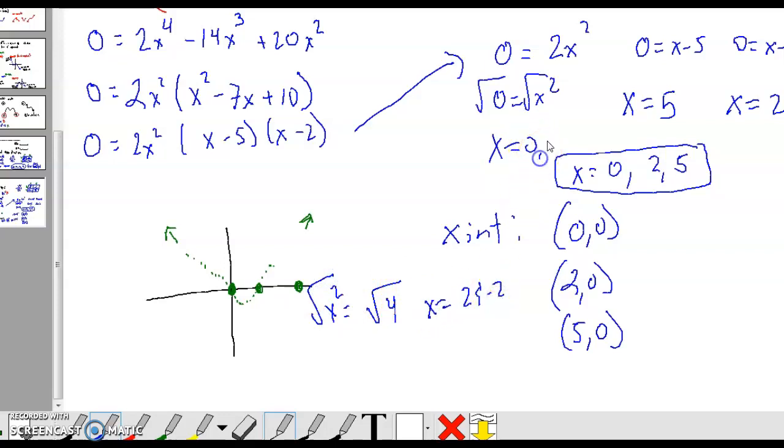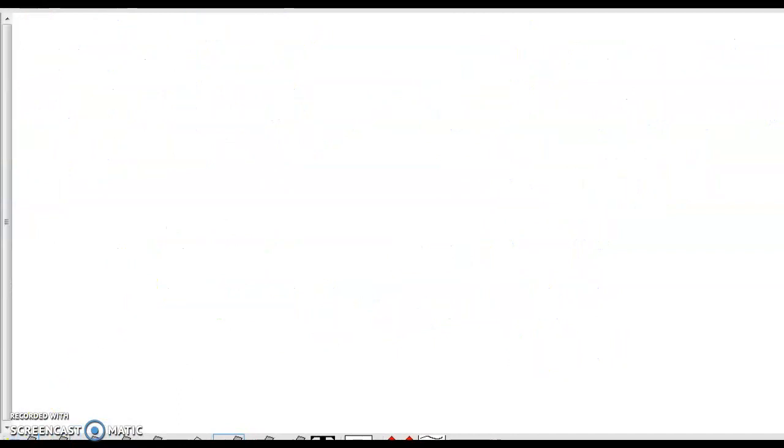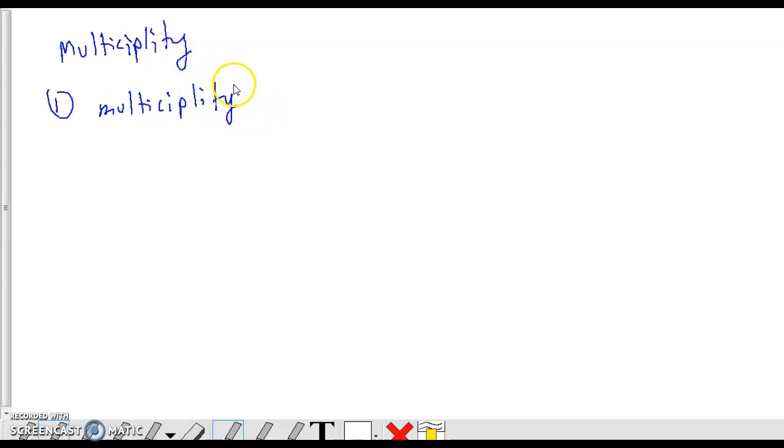So technically, there are two answers here, 0, 0, but we don't want to write it out as two zeros, right? So it's what's known as multiplicity. Okay, so if we have a multiplicity of 1,